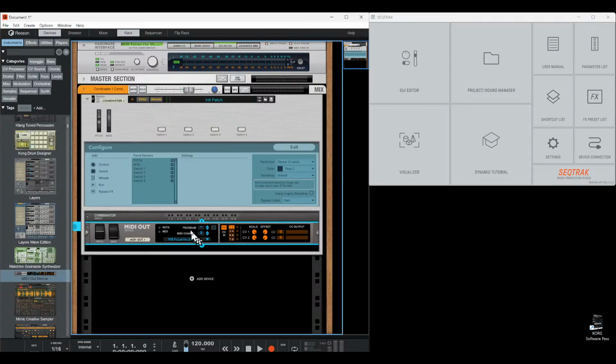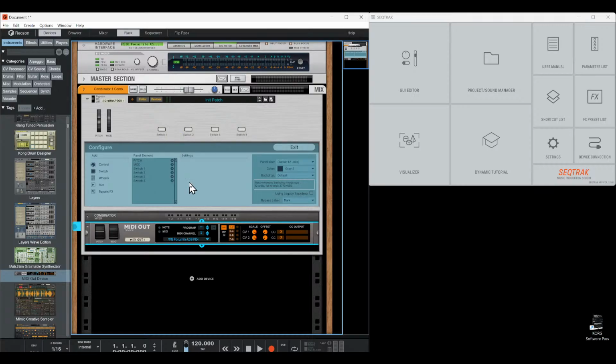I will figure that out after the channel situation there. Alright, well, the situation is that I want to be able to change the MIDI channel here on my Seek